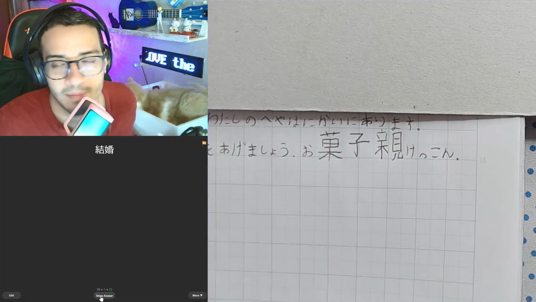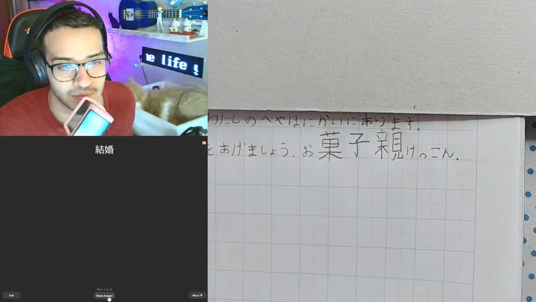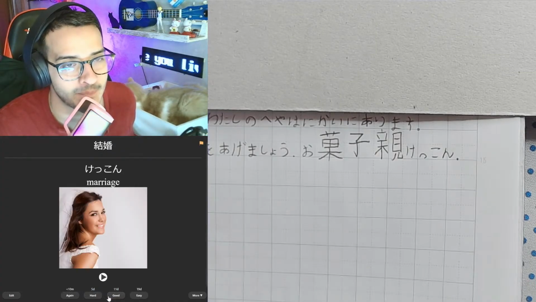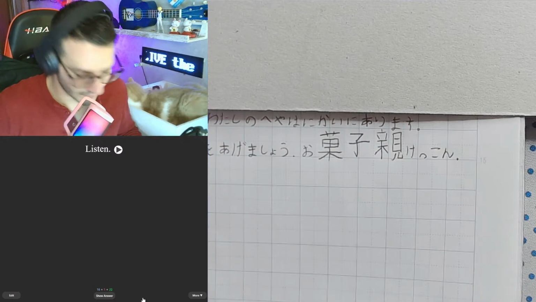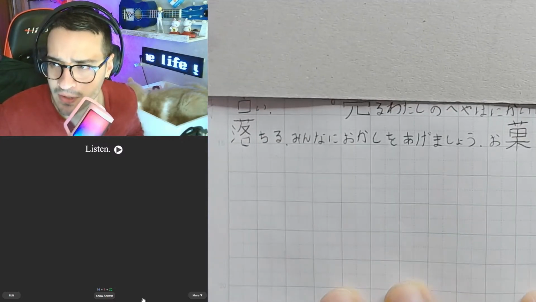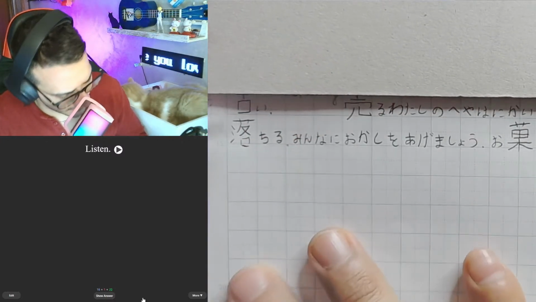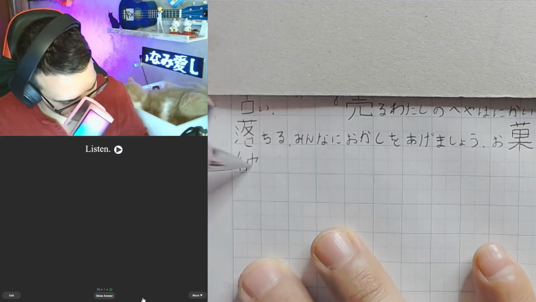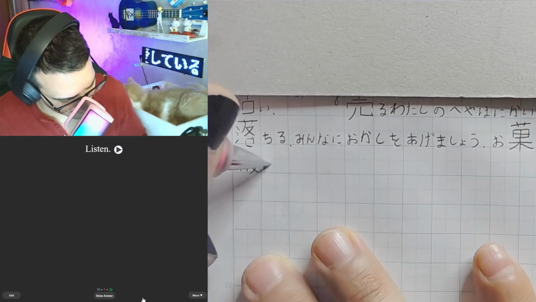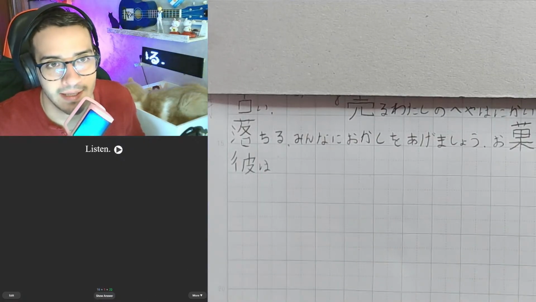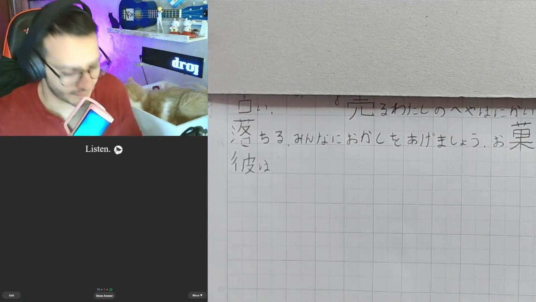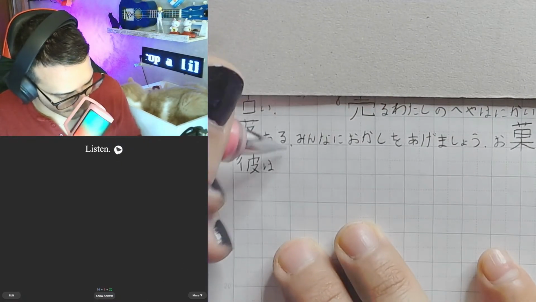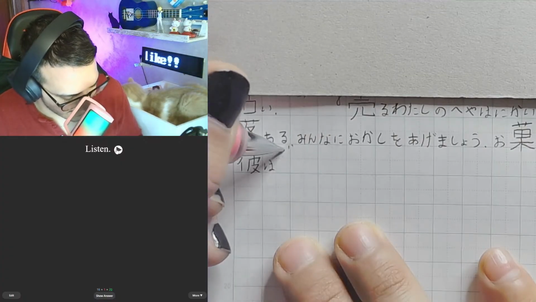Kekkon, meaning marriage, to get married. 結婚。 Kekkon, easy. 彼は意外に気が小さい。 An old flashcard. Let's see if I can write it down. 彼は意外に気が小さい。